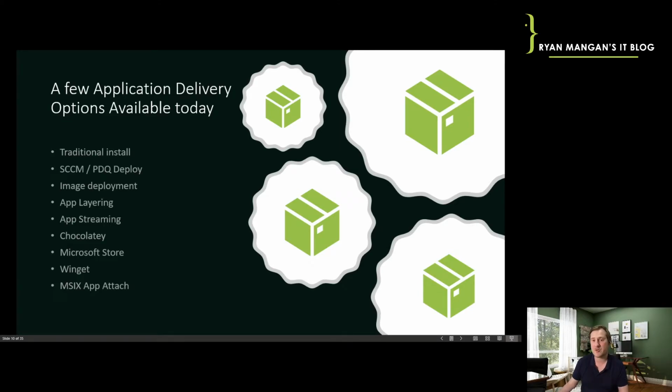App layering and app streaming. So you've got things like the Citrix app layering capabilities and MSIX cloud paging technology. You've got Chocolatey's script-based installation as well, which is becoming popular. Then we've also got the last three, which are the Microsoft components, like the Microsoft Store, which